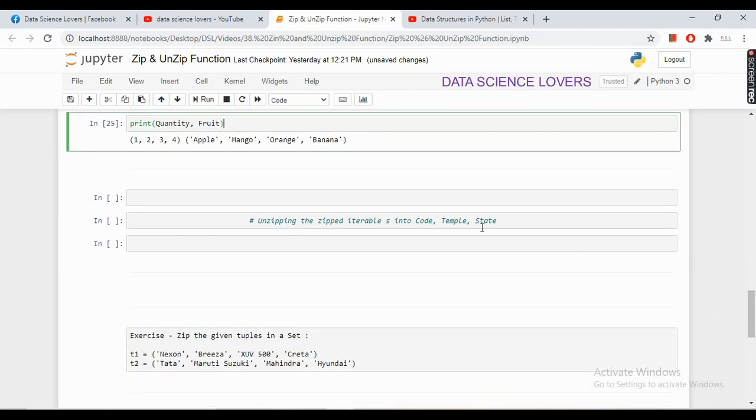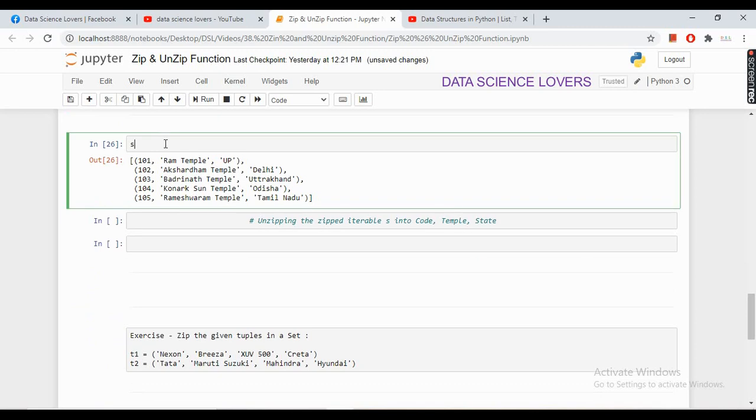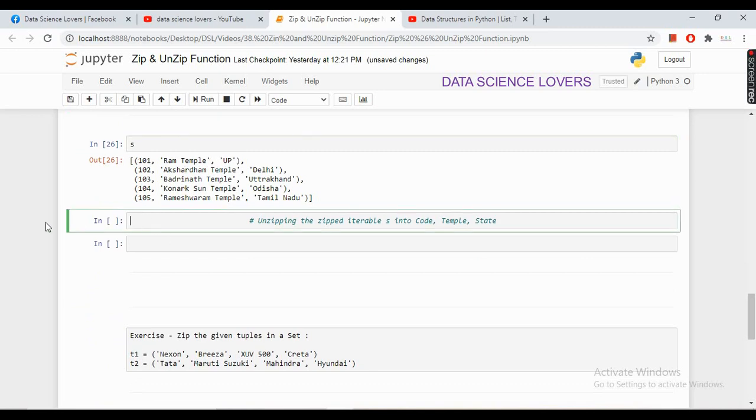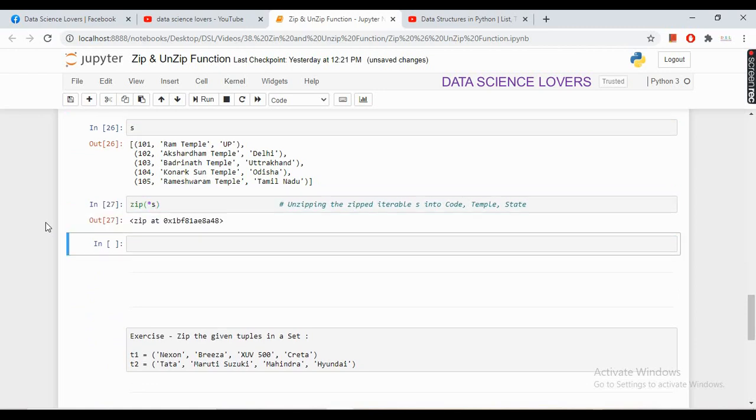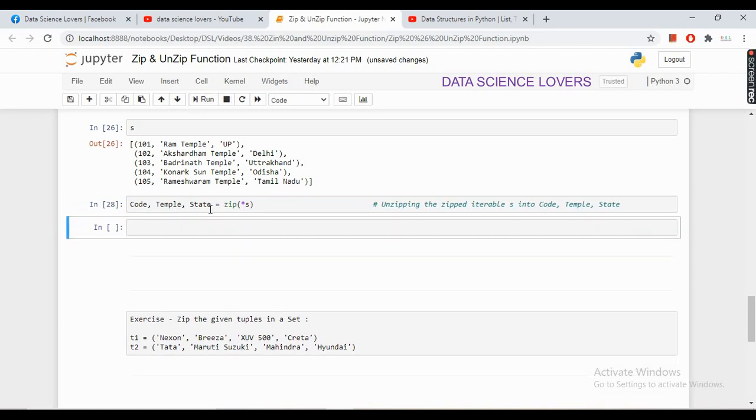If we take the second example, this is my second zipped iterable, which contains temple name and city. Now if I want to unzip it, then I will simply write zip and the asterisk sign. To get the output in different iterables, we will pass our iterable names here. First iterable name is code, second iterable name is temple, and third iterable name is state. If I run this and print these three iterables,